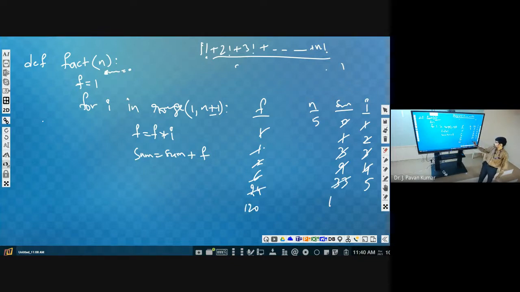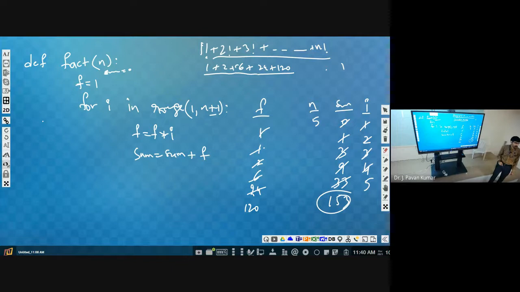Then this will become 153. That's it. What is 1 factorial plus 2 factorial plus up to 5 factorial? This is 1, this is 2, this is 6, 24, 120, 144, 150, 153. Correct? So in this example, it will work.